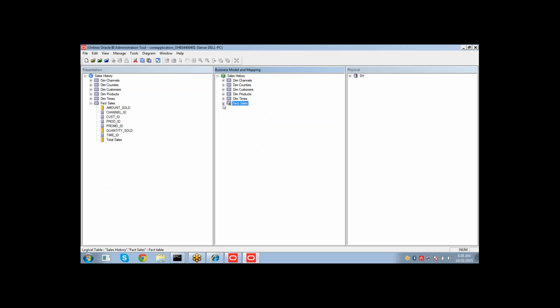Now I'm going to move on to the next concept, creating time dimension hierarchies. To create a dimension hierarchy, what is a hierarchy and why do we create it? Hierarchies are useful for end users to drill down or drill up and do the analysis level by level. They will go to the top level. For example, if the customer wanted to do the analysis worldwide, you can give a worldwide or geographical hierarchy. So there we can give